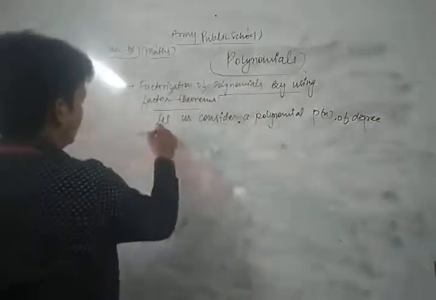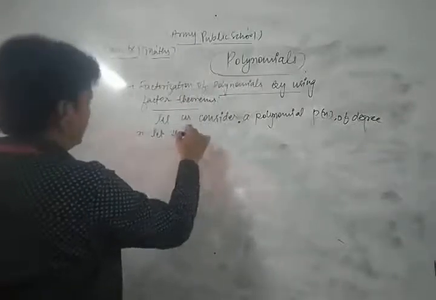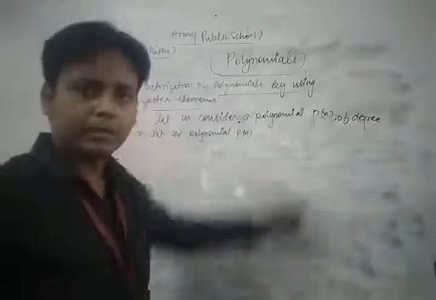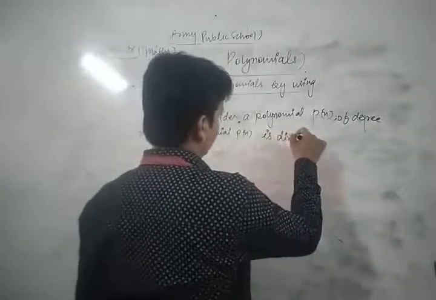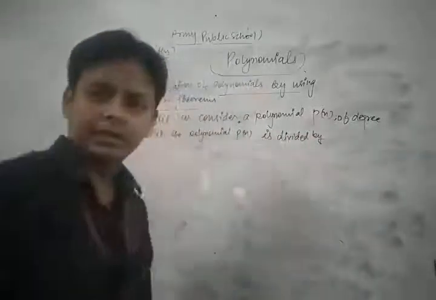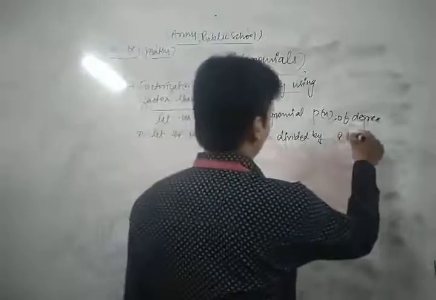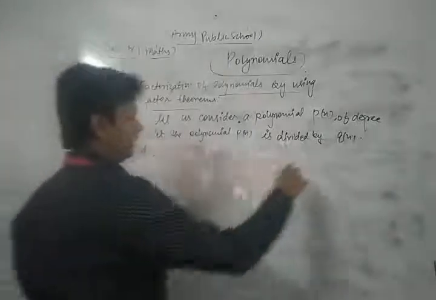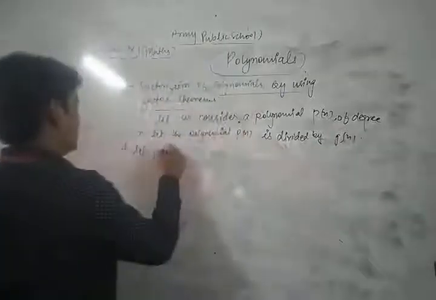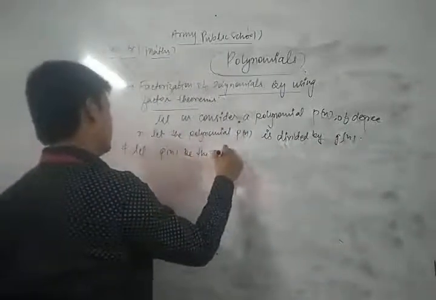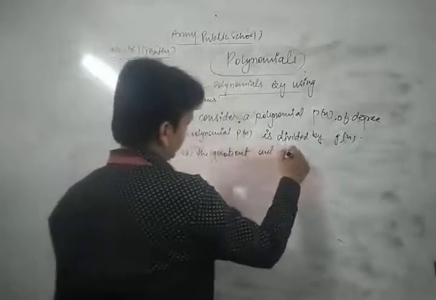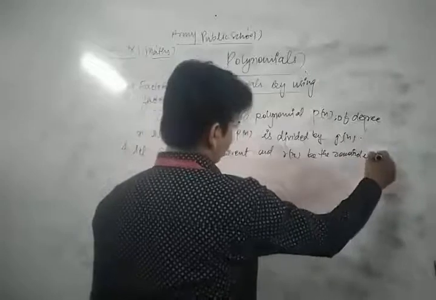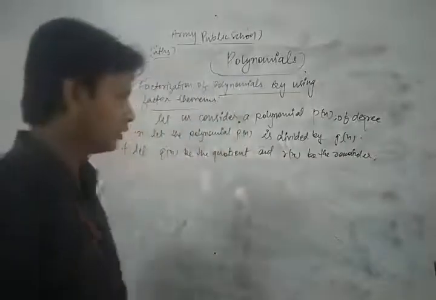Suppose the polynomial p(x) is divided by g(x), and let q(x) be the quotient and r(x) be the remainder. Then by using the division algorithm,